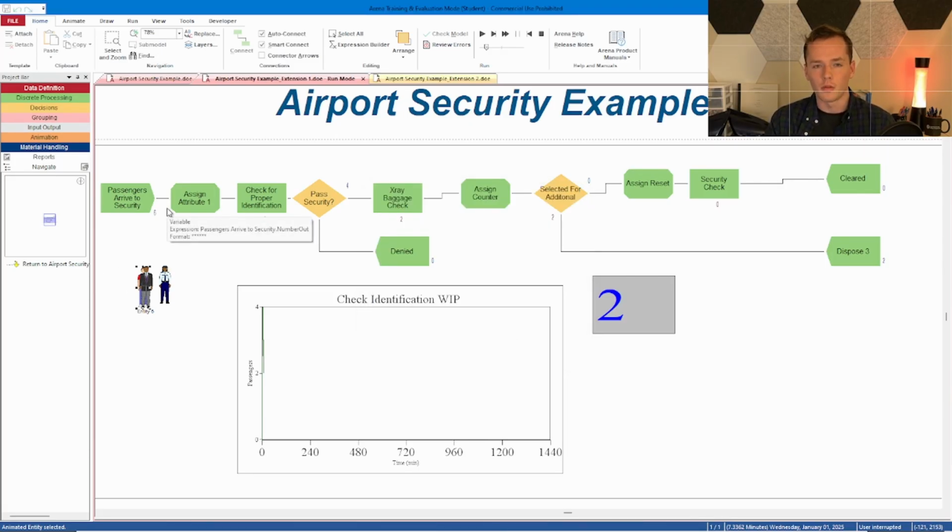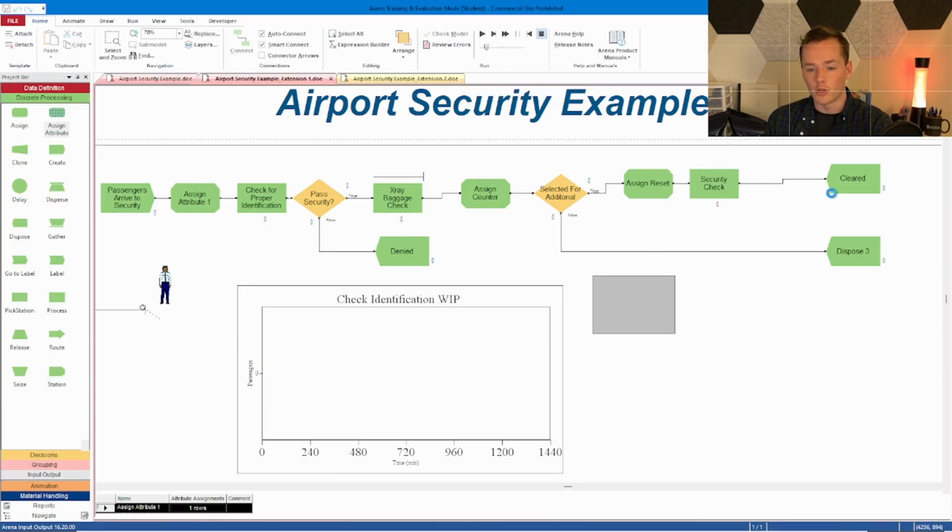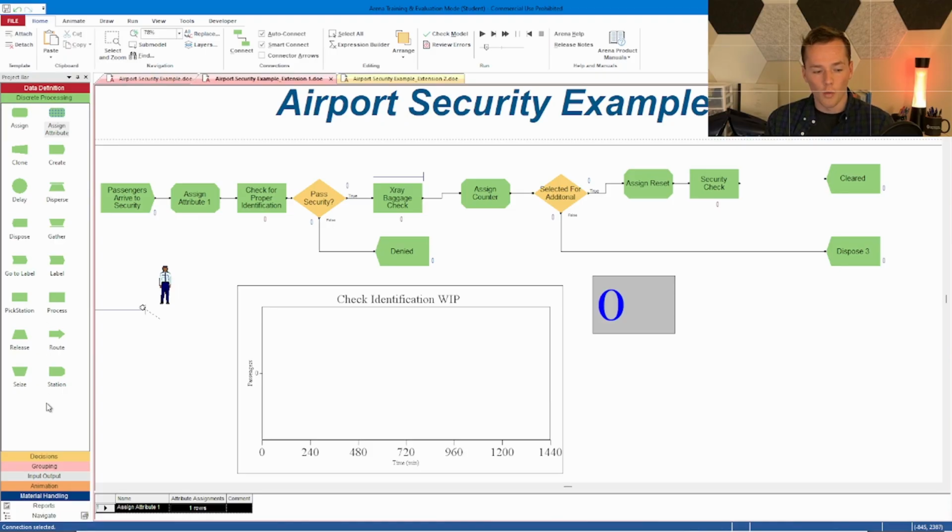We have the attribute, but when they reach the very end, we want to get the difference between their start time, because again, that is recorded, or that lives with the entity. We want to record the difference between the start time and the then current time of the simulation. And this is where we're going to use a new module, which is going to be the record module right here. So let's go ahead and stop the simulation so we can add in a record module,